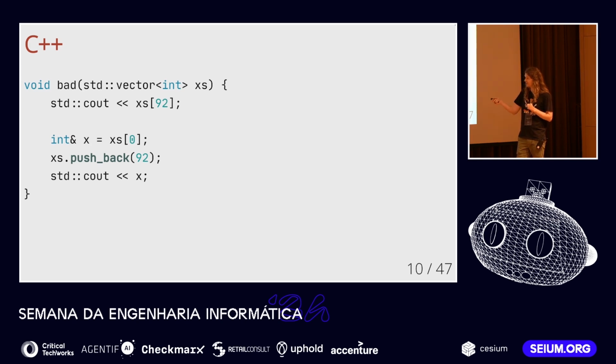The second issue here is more tricky. So what is happening here? We have a vector. We take a pointer, a reference, to the first element of the vector. Then we push a new element. And then we print our original first element. Because a vector is a dynamic array, when we push something onto it, it might actually reallocate its internal buffer. And this might invalidate this pointer.